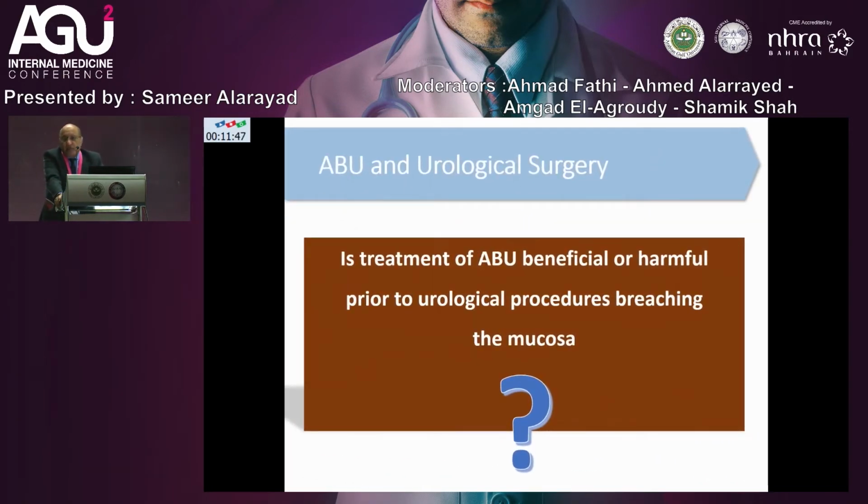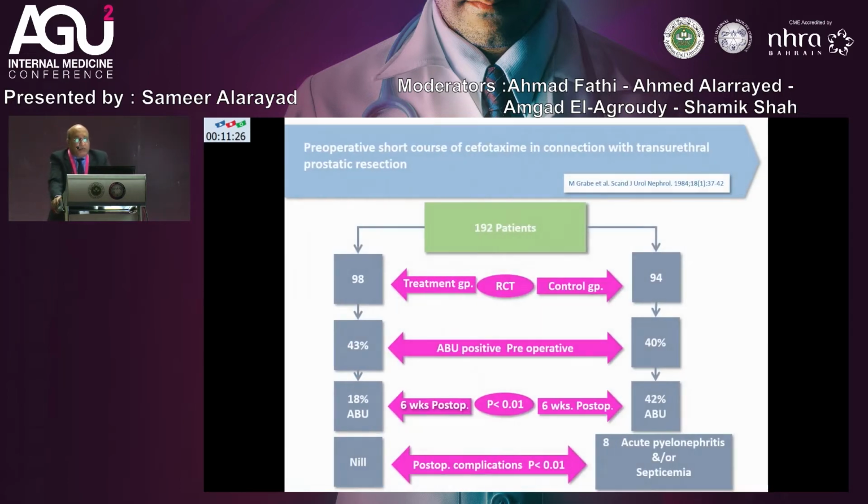So the second group of patients we'd like to focus on are those who will be subjected to urological surgery, including cystoscopy or TURP, where there is a disruption or breaching of the mucosal lining. And here, there is an old study as well,